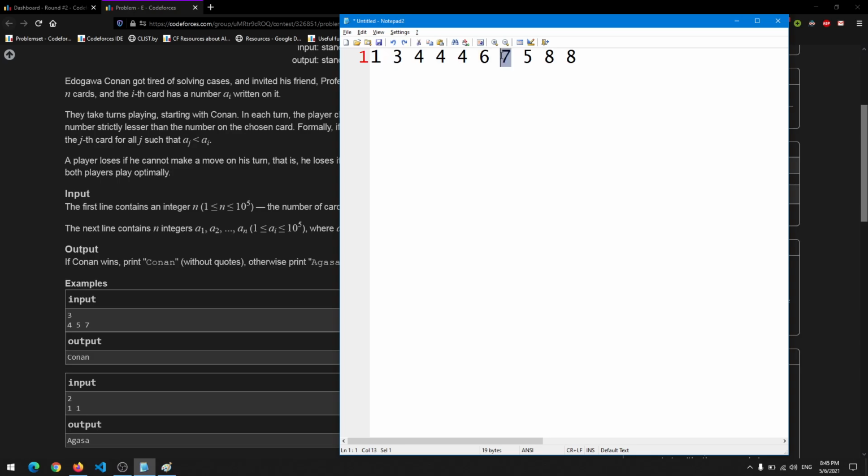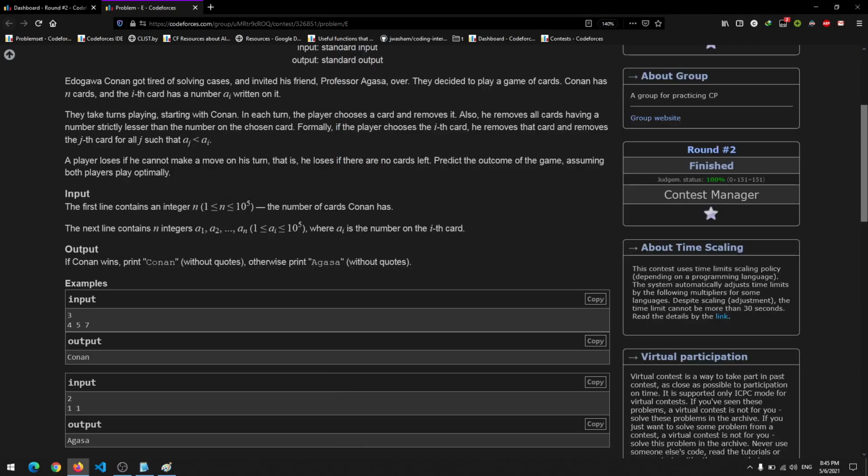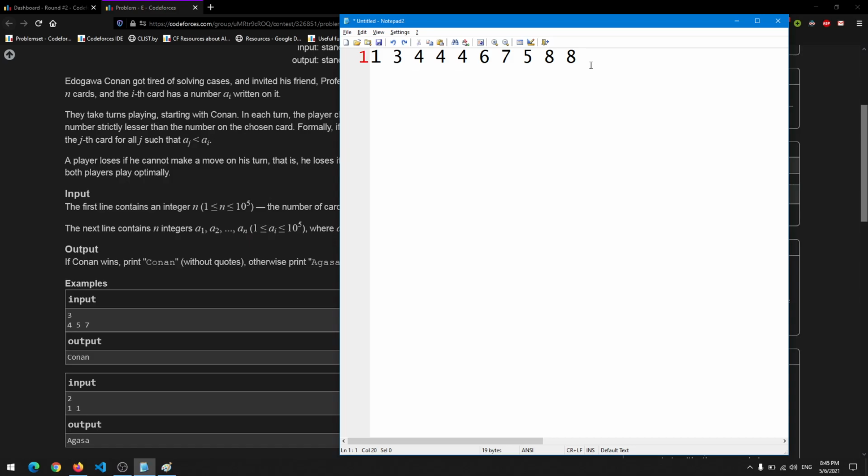You might wonder why he is choosing 7. He can choose 5 too, but it's given clearly that both players play optimally, so they play the best possible option in the current situation. This works for each and every example. You can try it out for yourself, except for one. For example, we have an array of numbers: 1, 1, 2, 2, 3, 3, 4, 4, 5, 5, 6, 6, 7, 7, 7, 7. As you might notice, all of the numbers come in pairs, their counts are even.